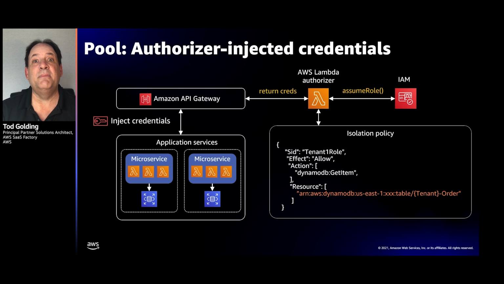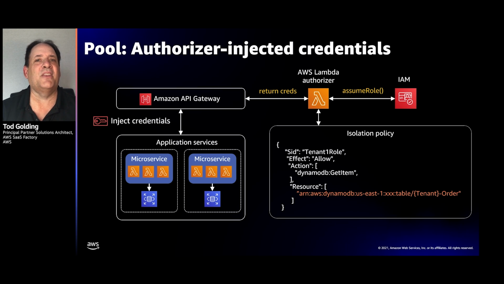Now, within our team, there was a lot of debate about this approach, because some of the approaches we describe will resolve these scopes within the microservices instead of at the authorizer level. But if your policies are small enough and manageable enough, and you're really focused on the caching, and you can put them all at the authorizer side, that's a perfectly valid approach too. I would just say, if you're going to go away and look at what isolation scheme you're going to implement for your pooled model, really weigh those options.